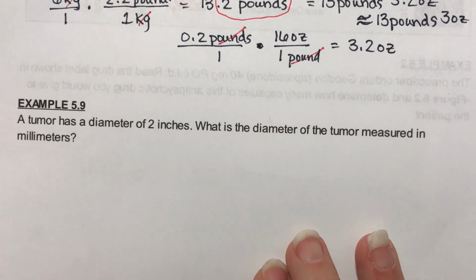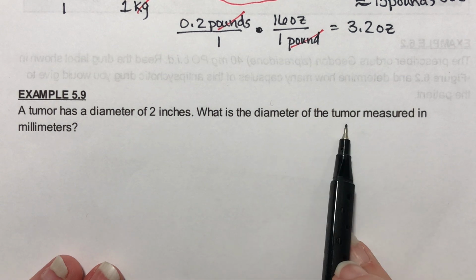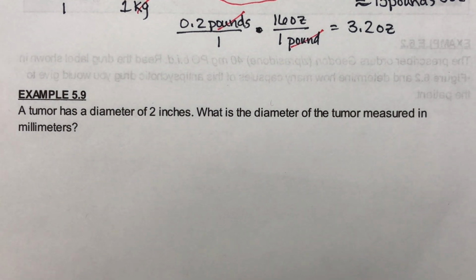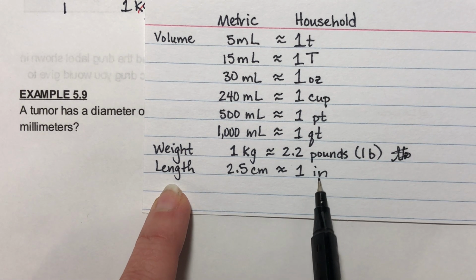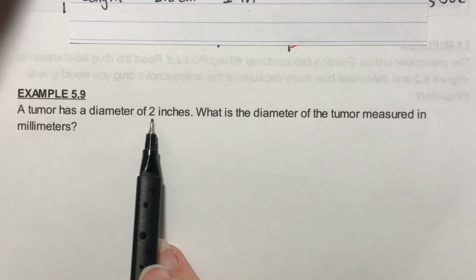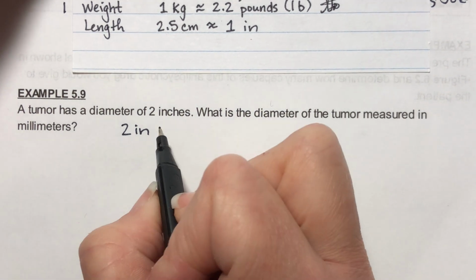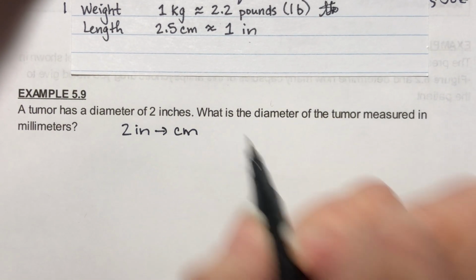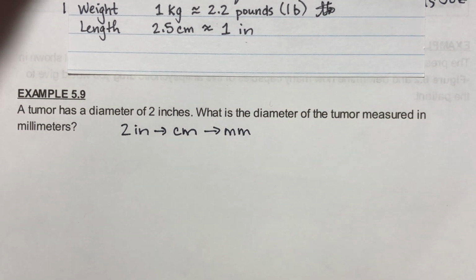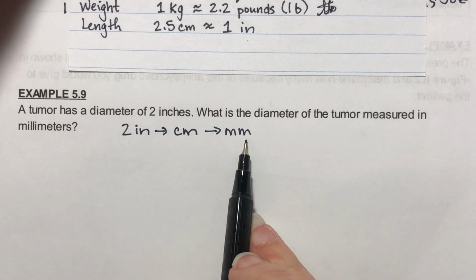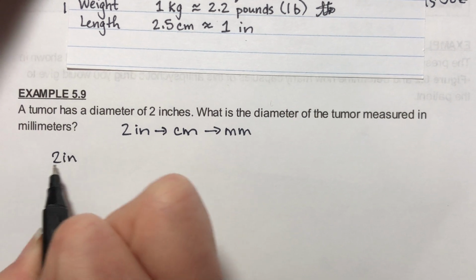Okay, one more. A tumor has a diameter of 2 inches. What is the diameter of the tumor measured in millimeters? Now length, we have centimeters to inches. Okay, we have inches, and we have a way to convert this into centimeters. And then centimeters, we have a way to turn that into millimeters. Okay, so this is our goal. This is our plan. I'm going to take 2 inches and put it over 1